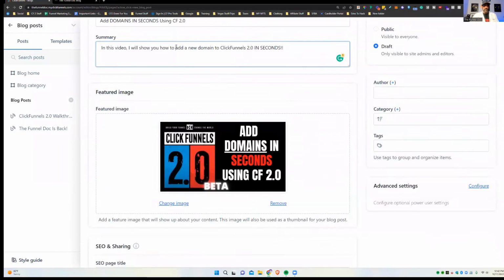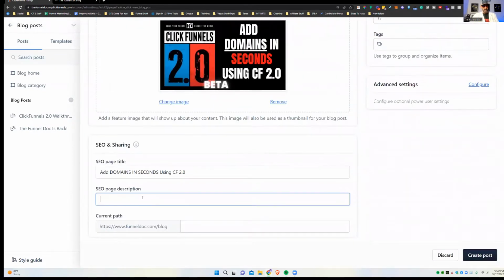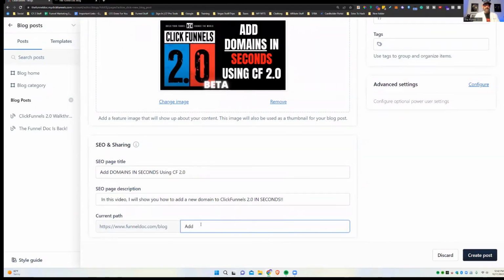And then we'll copy this too. Boom, boom, boom. Click, click, click. And then we can put adding as the ending or the root ending to the actual blog. So it's going to go funnel doc /blog/ let me put another / just so it's got it. Boom, adding dash domains